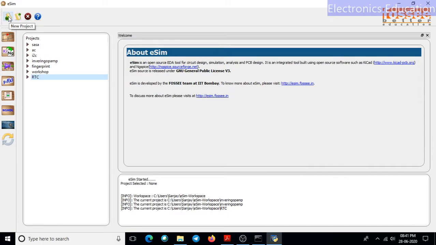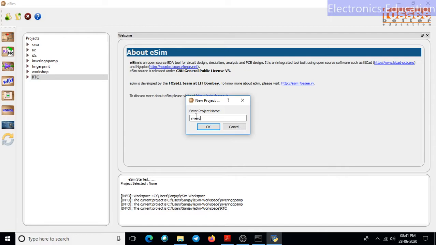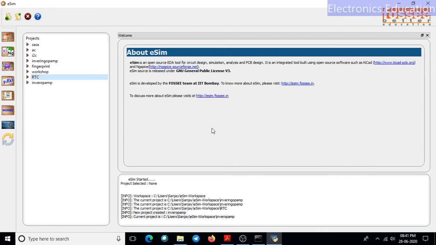Now let us consider I will start with the new project. I will click here on new project. Here I have open project, here close project, and here help. So first of all we will go with new project. Now I will type the project name, invert op amp. I will give a different name to this project, because I already have an inverting op amp project. So invert op-amp. Now my project is invert op-amp, so I will click it up here. By double clicking this I will select it. Now see here, the invert op-amp project is selected.